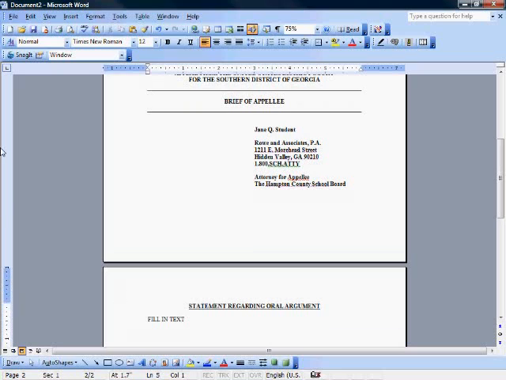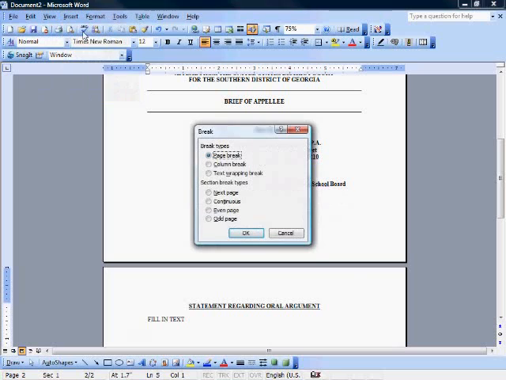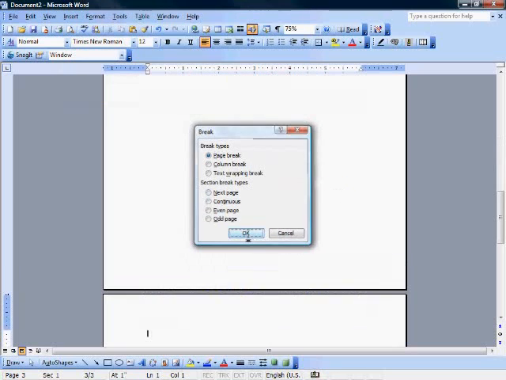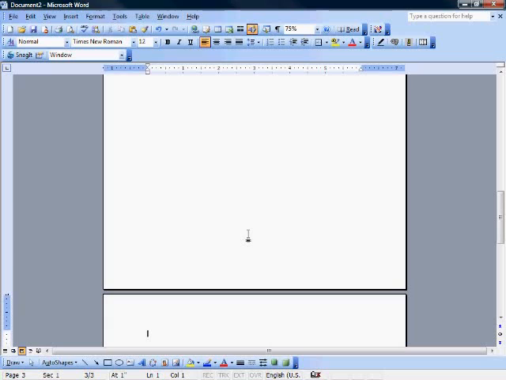And then the next thing we're going to do is enter a page break to go to our next section. So here we insert another page break. Now the next section is going to be a table of contents. So go to table of contents,